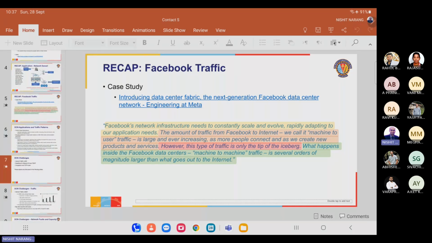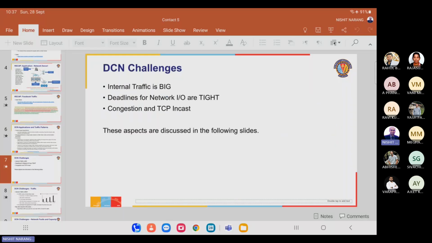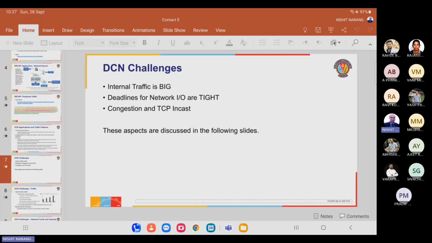We looked at the key challenges that exist in data center networks, particularly the fact that the traffic that a data center network handles is extremely huge, considering the fact that it's still on the edge of the internet and is actually an access network. From an access network standpoint, the traffic that it observes is extremely high. And not just that, we talked about why the deadlines for traffic exchange over the data center network are extremely tight. We looked at the challenges of congestion in the data center network